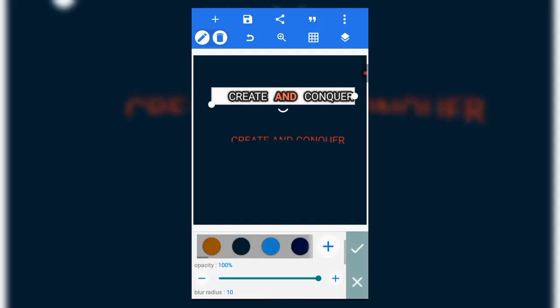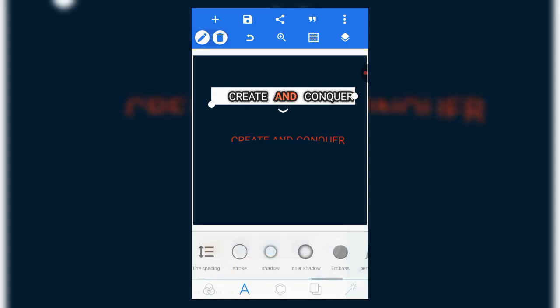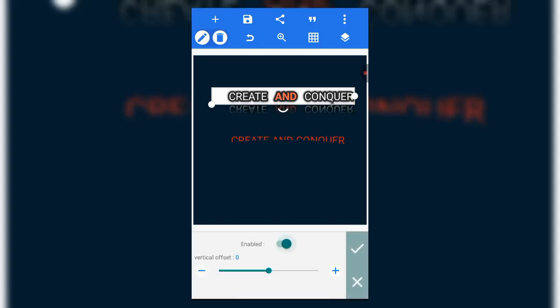You can reduce the opacity of the shadow or increase depending on you. These other ones, this is reflection, you are reflecting what you have designed. 3D shadow,